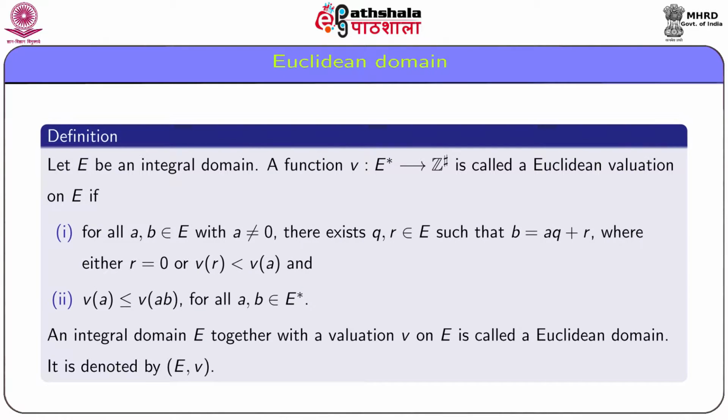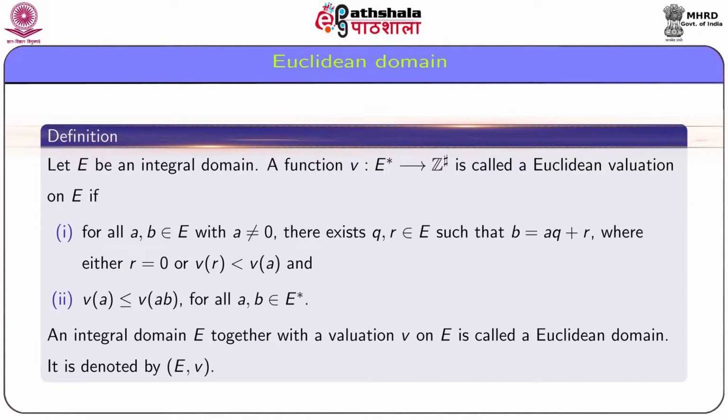First, we define Euclidean domain. Let E be an integral domain. A function v from E star to Z hash, where E star is the set of all non-zero elements of E and Z hash is the set of all non-negative integers, is said to be a Euclidean valuation on E if for all a, b in E with a non-zero we have two elements q, r in E such that b can be expressed as a q plus r, where either r equal to 0 or v r is less than v a, and